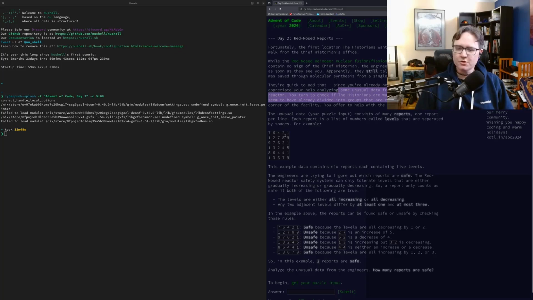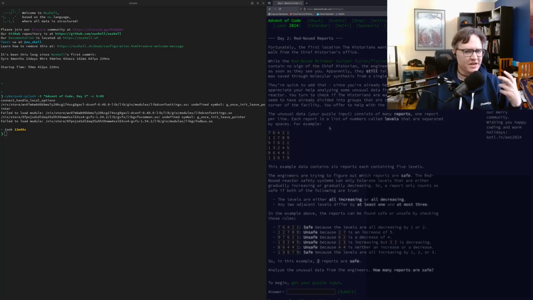So the puzzle here, we have a whole bunch of reports. Each line here represents one report. Each report has a number of levels. It does not specify how many levels. So even though I only see 5 in each of these reports, I'm going to assume that it could be an arbitrary number. And I need to analyze each one to make sure that it represents a safe condition for the reactor. So the rules here,